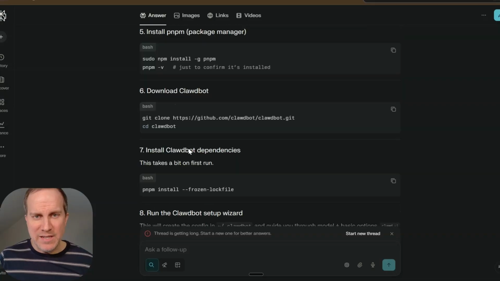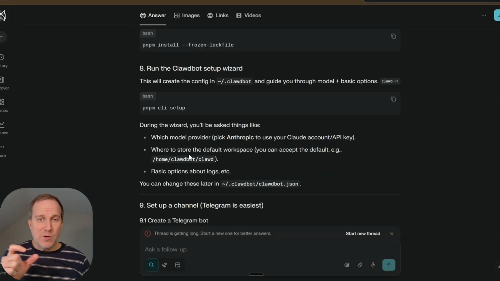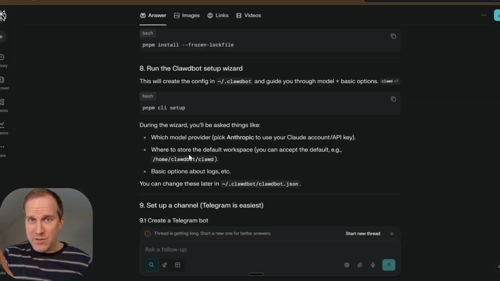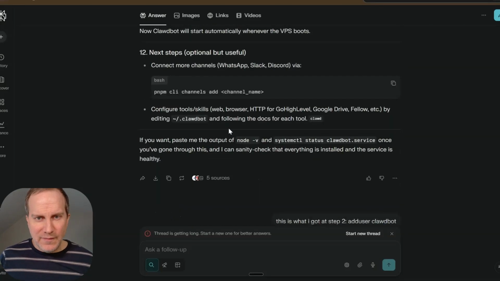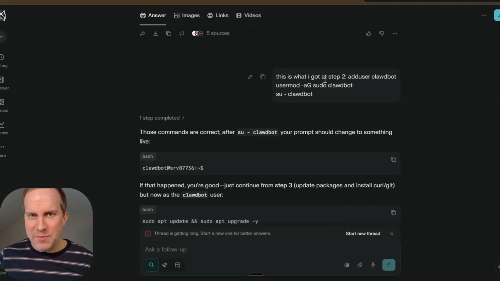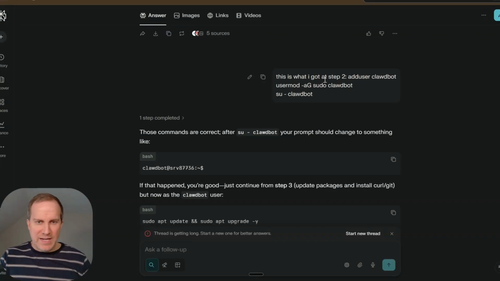So it was giving me lots and lots of steps, but I couldn't follow. One thing would go wrong and then I was like, oh, where am I at? So I just said, let's go step by step. So literally, this is how I did it. You can see here, I got to step 2, and I would paste in exactly the output that I got